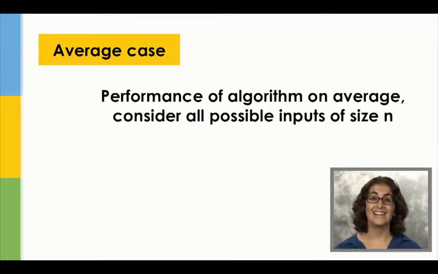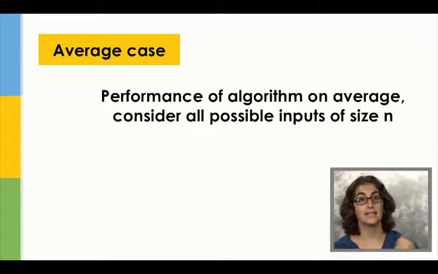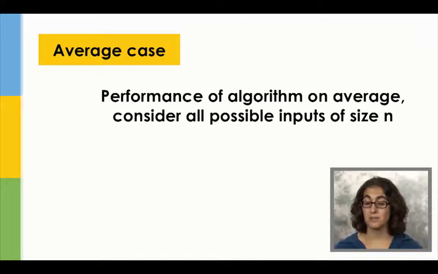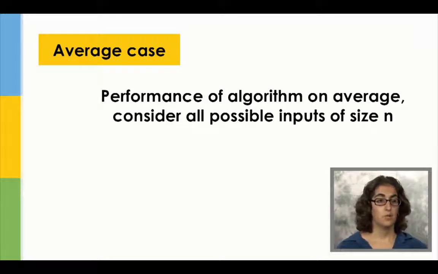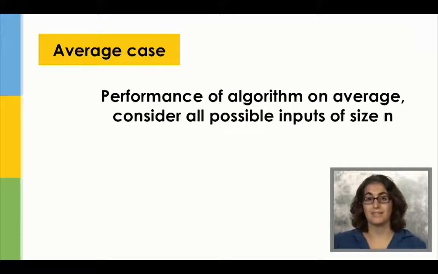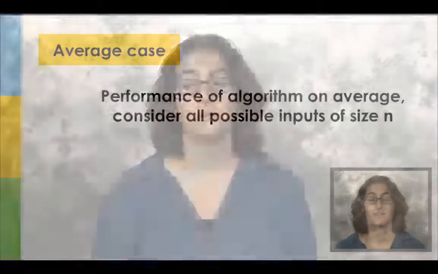Now, this gets really messy. All sorts of considerations need to get taken into account. If we want to be completely precise about it, we need to think about the distribution of possible inputs, how likely it is to get different kinds of inputs. We can also think about what happens with each of those inputs on their own and then try to put them together. As you can probably tell, this is very messy very quickly,